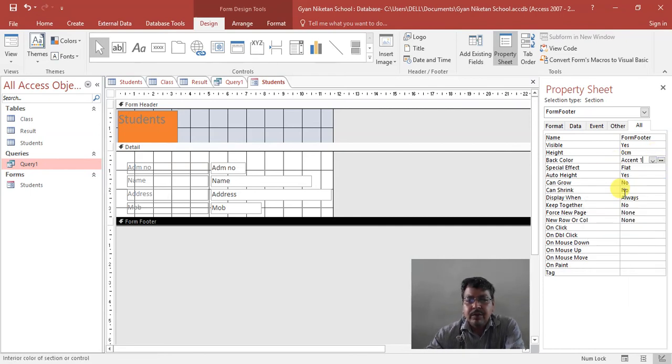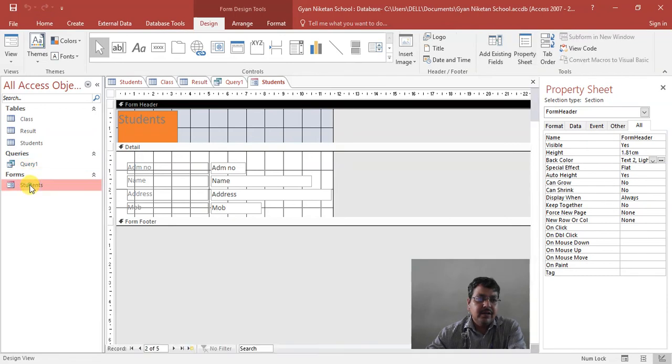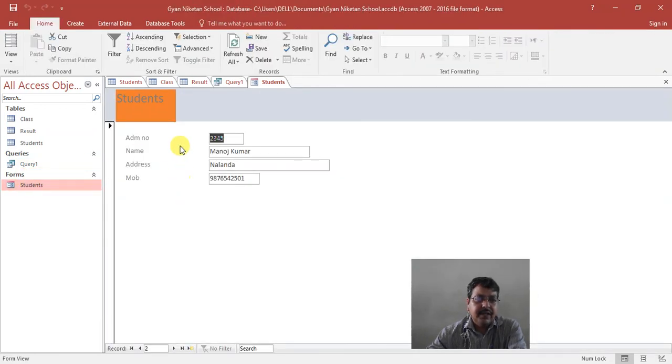If you want to see a different color, select it and do lots of formatting on that option. Then click on save and come to the form. It has been applied. You can also set any of the options.